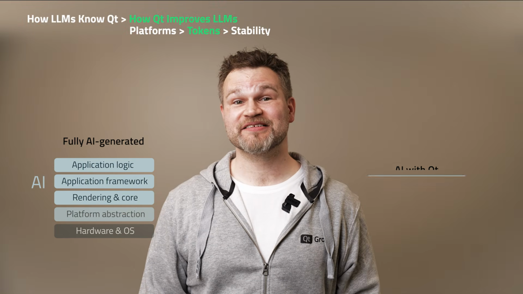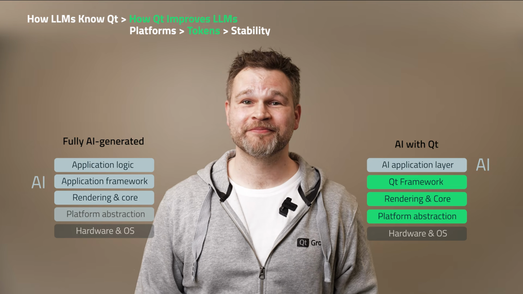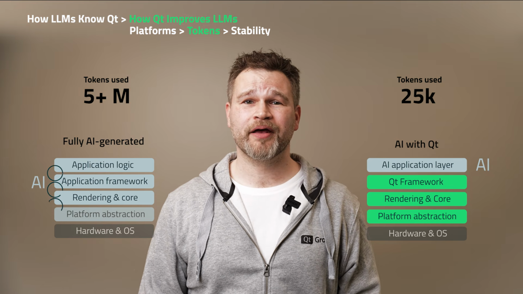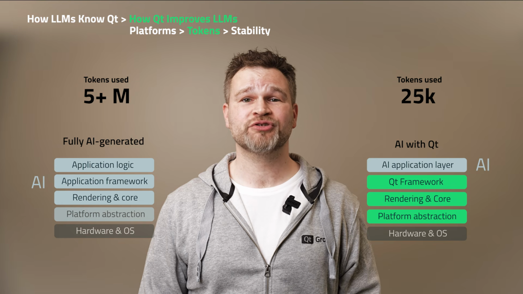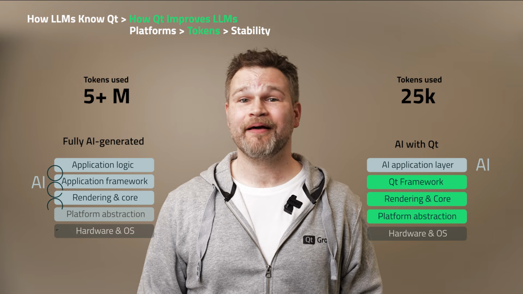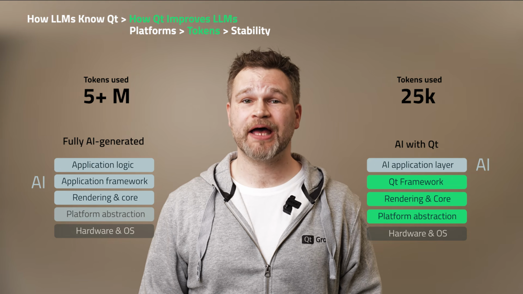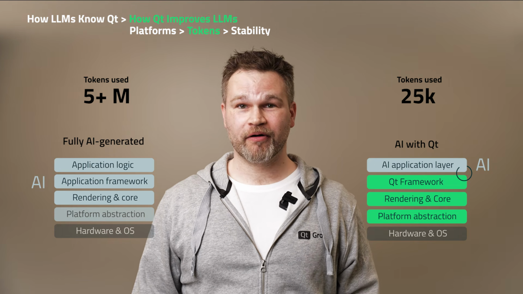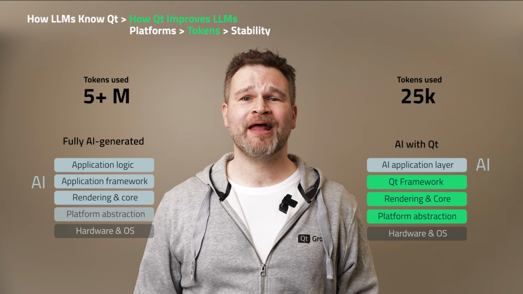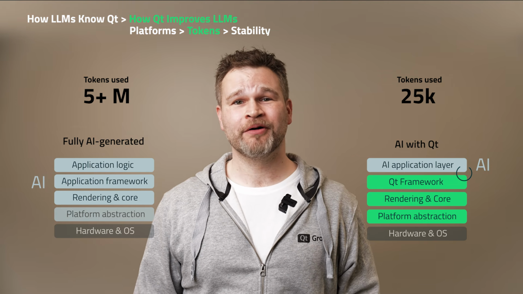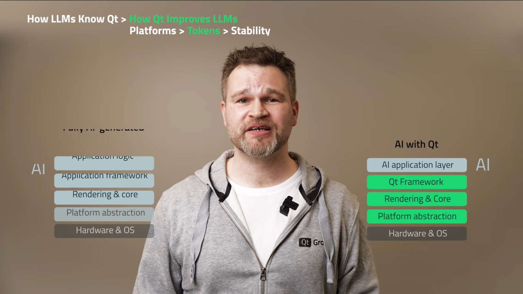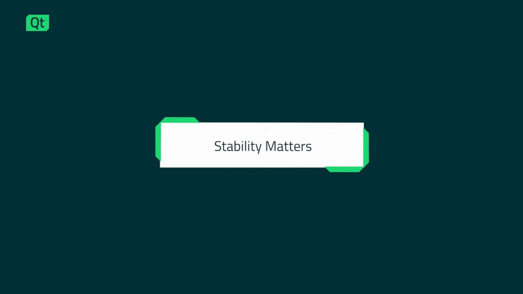And that gets us to the second point, token consumption. There's a real cost to AI, and that cost is way higher if you had an agent build almost everything from nothing. Every token costs money. Every extra iteration costs time. But when you use a framework that is already there and already correct, the agent only writes a thin application layer on top of it, not all of the code. That makes your agentic development both faster and cheaper.